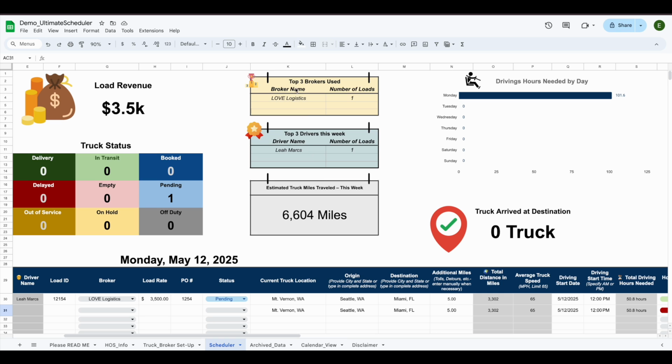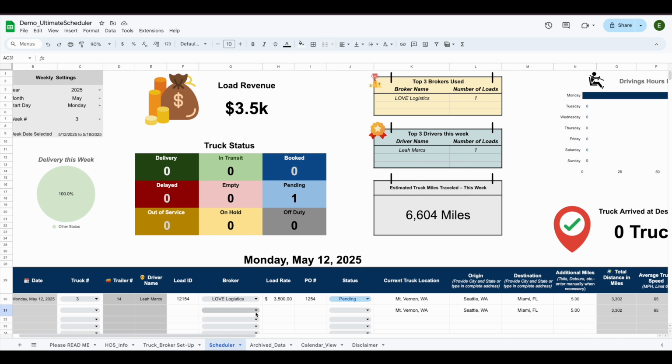So as you can see here, it'll show you the top 3 brokers, and then the broker name, how many loads did you work with that broker. So let's say if I pick another Love Logistics here, you can see, you pick 2 loads, right? It counts as well, and it'll pick the top 3, and also the driver as well. So let me just pick another driver. So you can see it automatically picked the